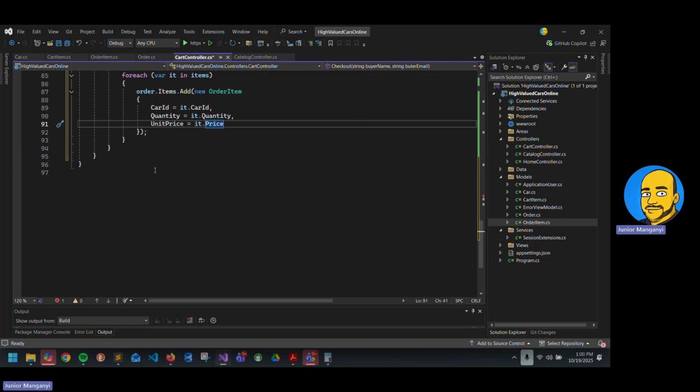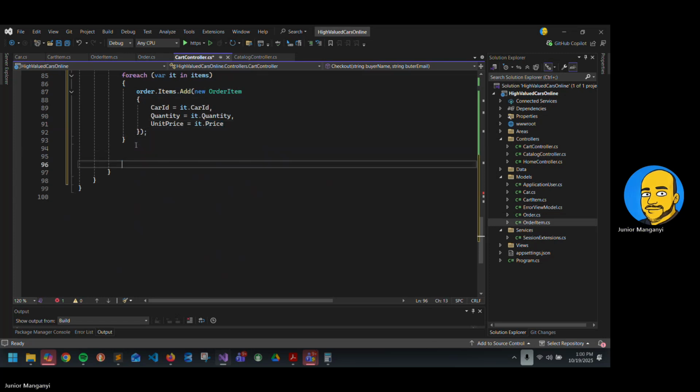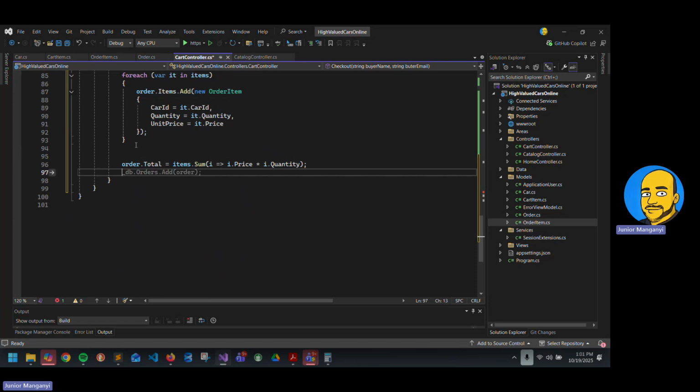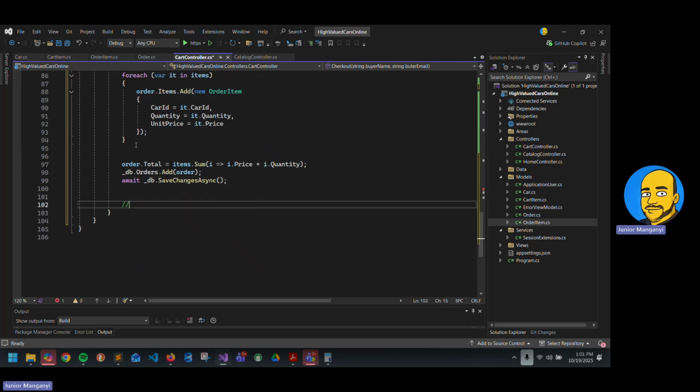All right. So now we're going to calculate the total so that the manager can show it easily. So we have done this. We'll just get that one and then save it to the database. _db.Orders.Add(order), and then we do the await. That's what I want. And after that, we're going to clear our session. So we can just say clear. Yeah, the cart, that's fine. And then